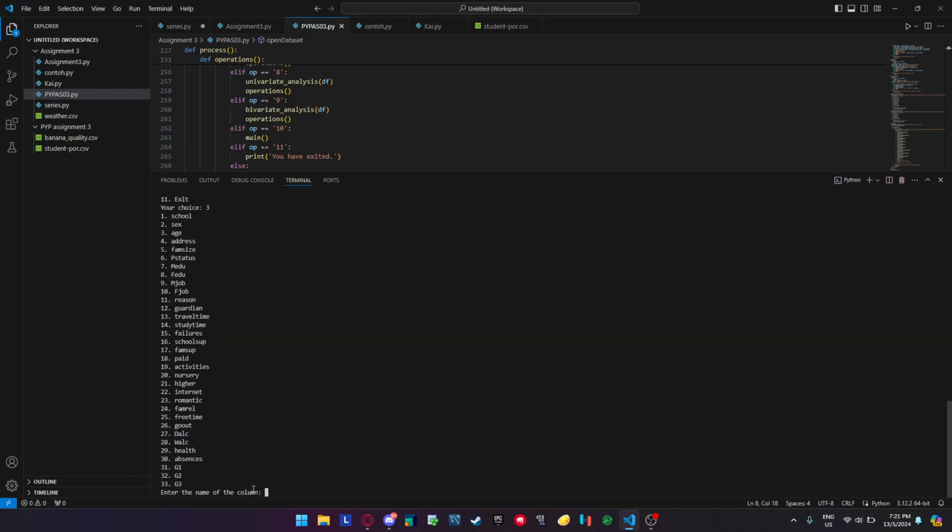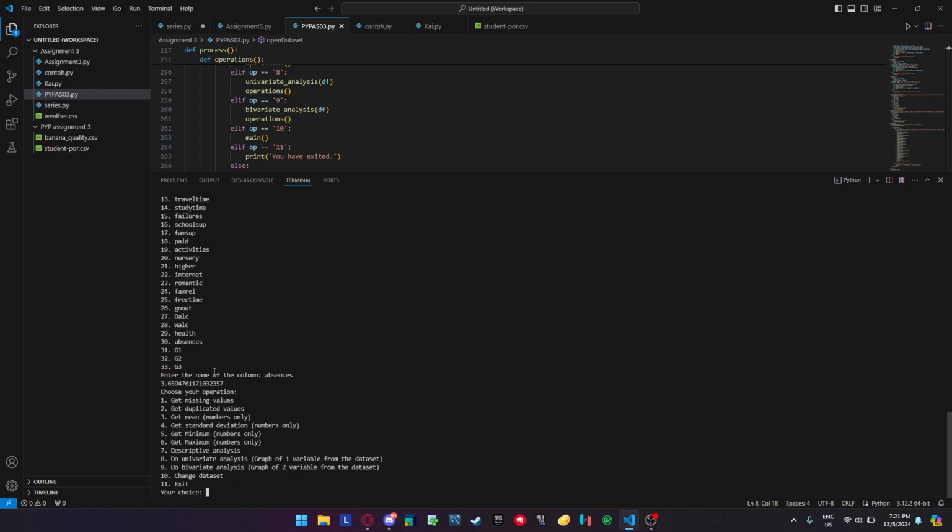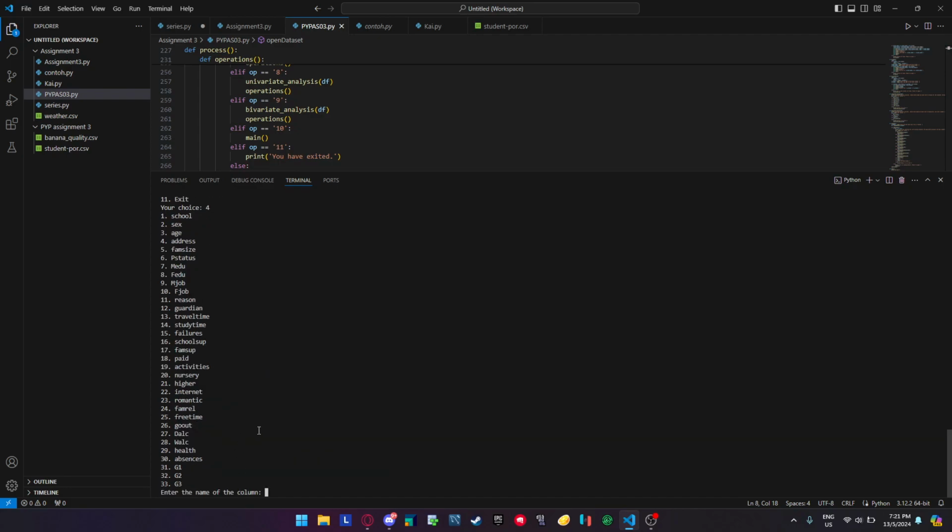So when you click 3, it will print all the columns in the dataset and will ask the user to enter the name of the column. For example, it is only for numerical data. So for absences, here you can see that the mean in the column absences is 3.66 rounded off. Then for the standard deviation,